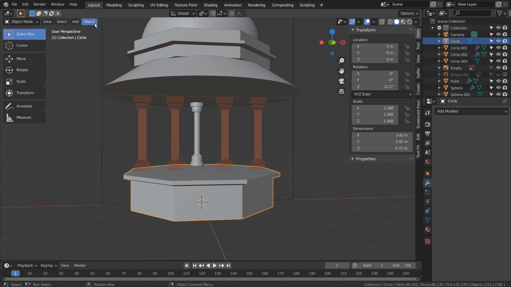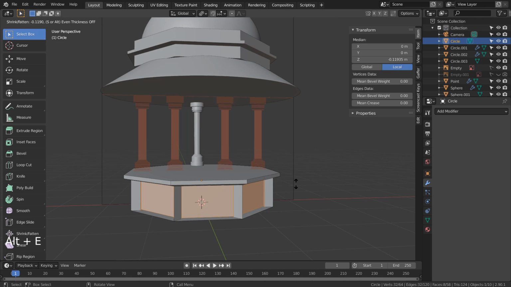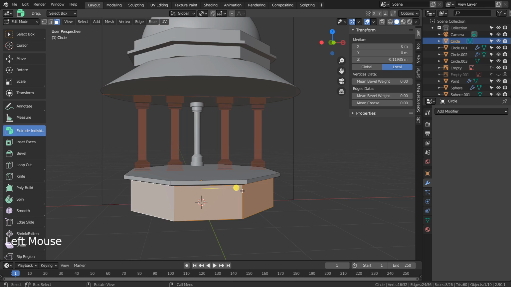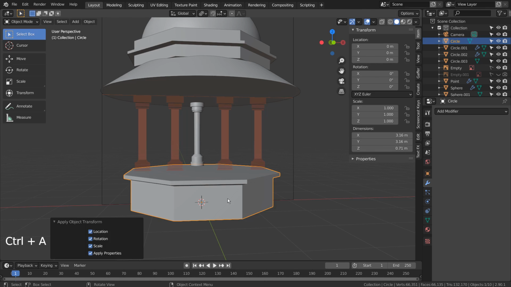Let's try moving the origin to geometry and try again. That's odd. I thought only the selected faces were going to shrink, but it seems the meshes are pulled into the center as well.